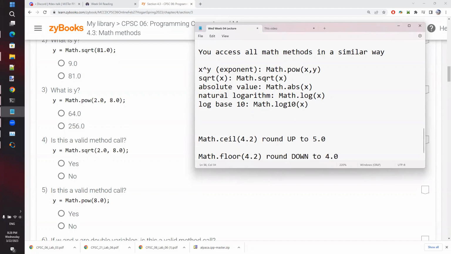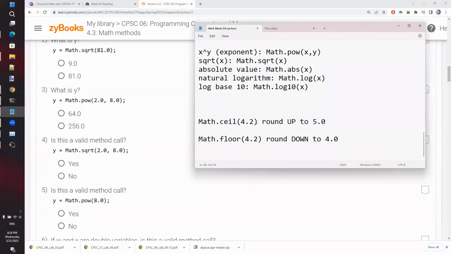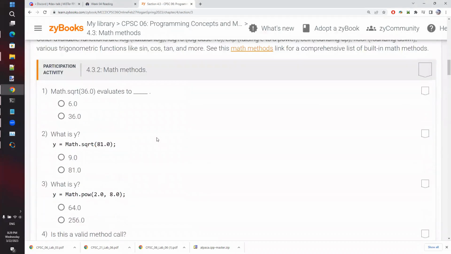So it'll be 4.0, right? So ceil always rounds up and floor always rounds down. Ceil is for ceiling, right? So that's called the ceiling function, which is why it's up, right? The ceiling is above you. All right, so anyway,